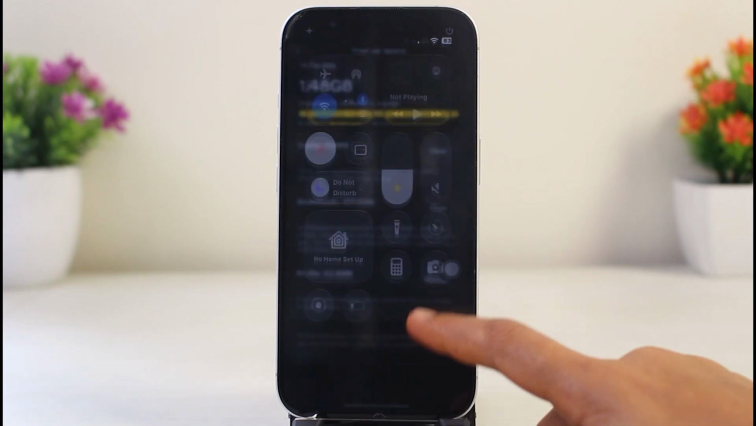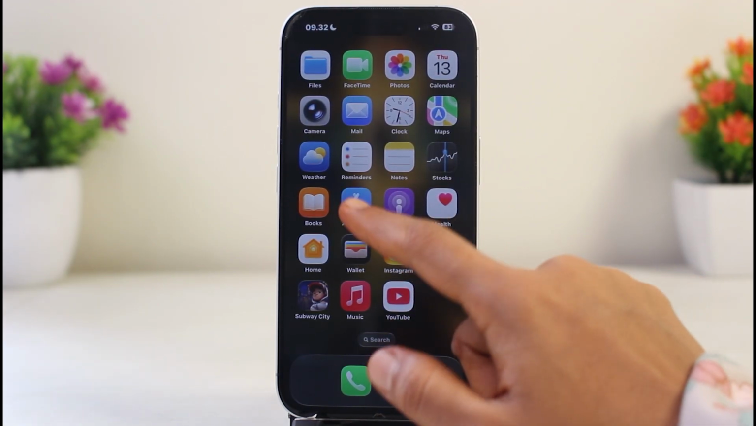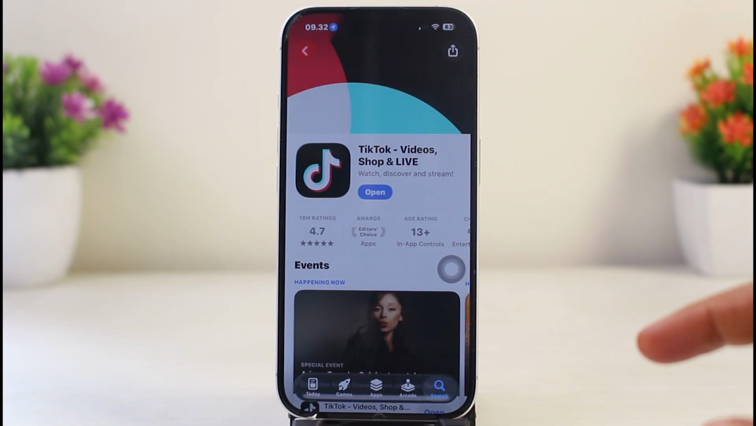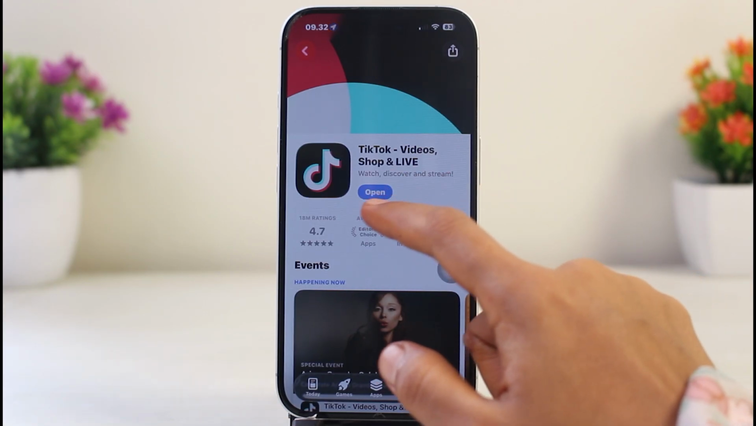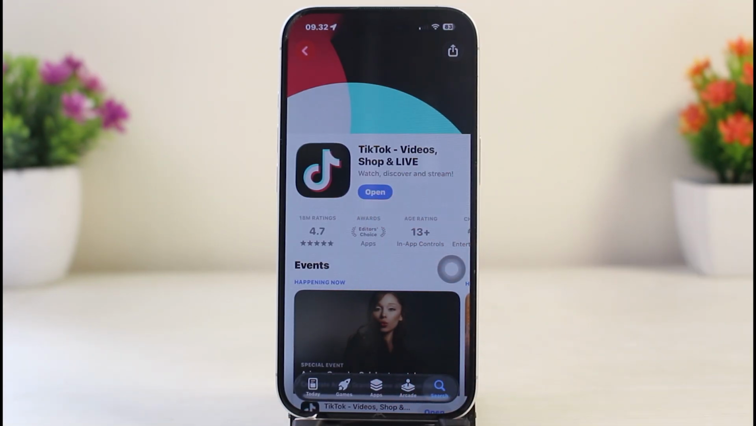Now the next thing you can do is go to your Google Play Store or Apple App Store, find the TikTok app, and if you see an Update button available right here, instead of Open, tap Update to get the latest version. Now the next thing you can do is save or download your staged video draft